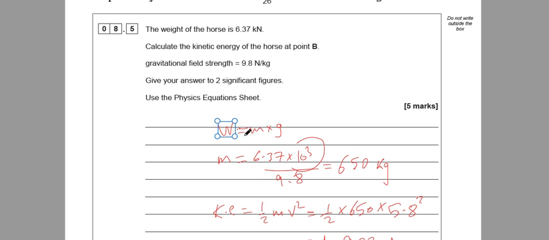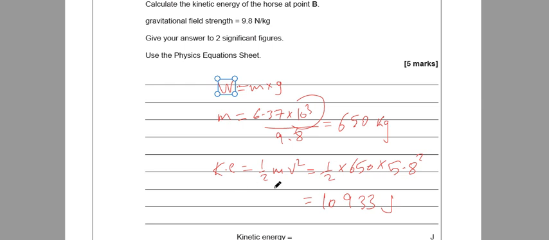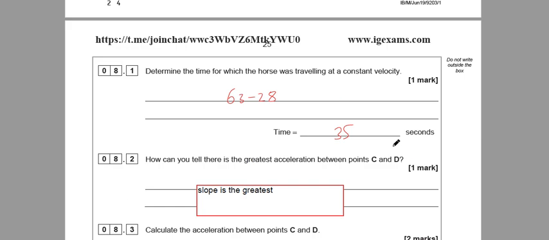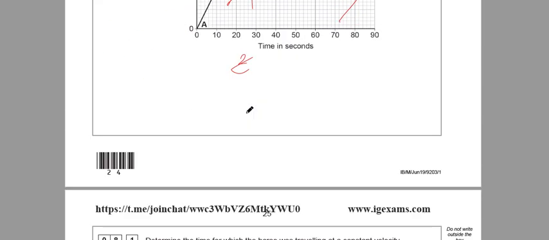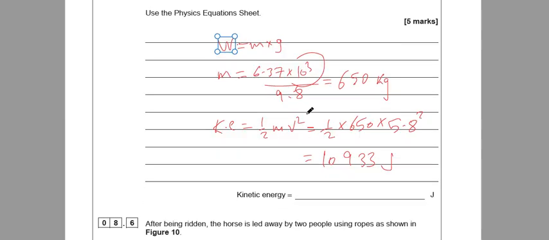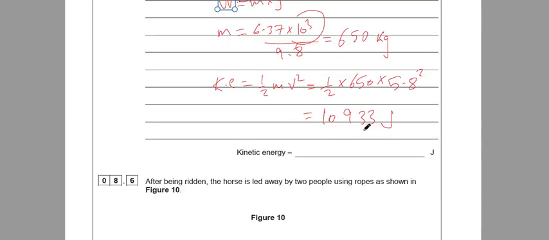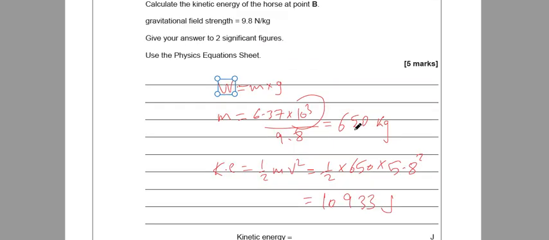So weight equals mass times g. Mass will equal the weight converted to newton instead of kilonewton, divided by g to find the result in kilogram. And kinetic energy will be half this mass times 5.8, which is given from the graph at B, 5.8 squared. So the answer will be on the calculator like this,